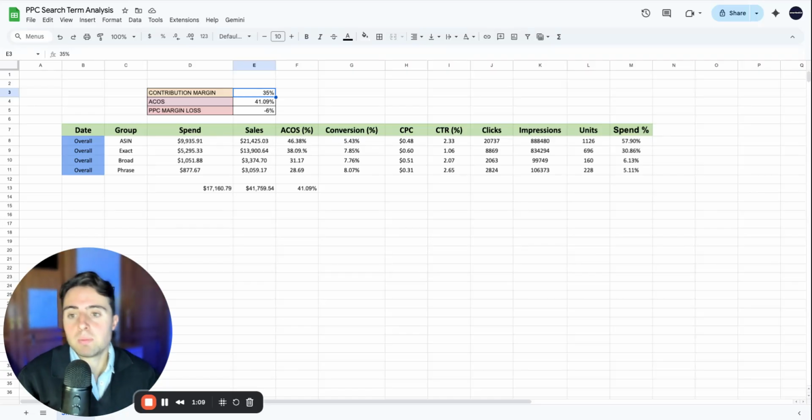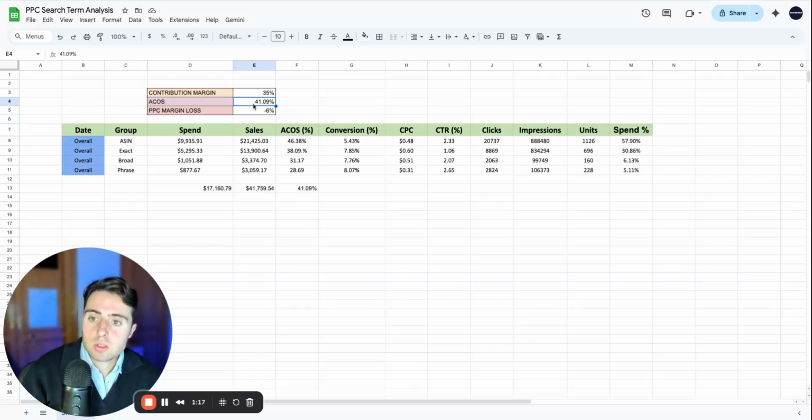But then when we add PPC, obviously we have to subtract this. So the average ACOS was 41%. So the PPC margin loss is minus 6%. So for every PPC transaction, every Amazon ads transaction, they're losing 6%. So this is to show you that